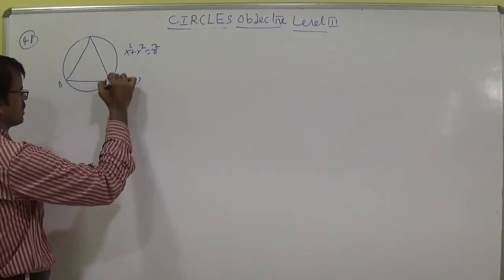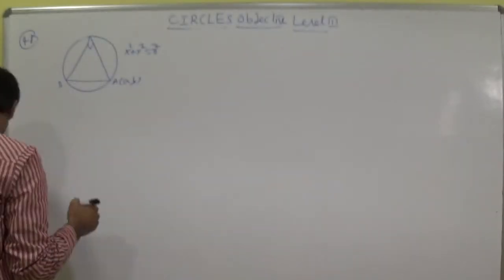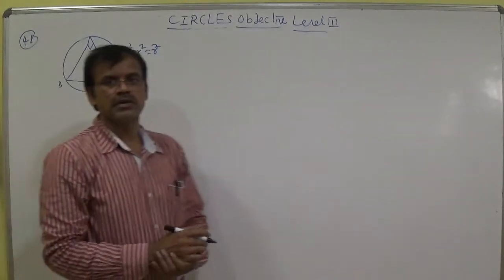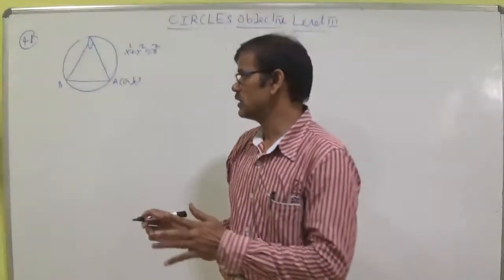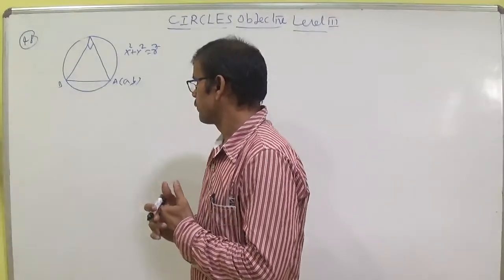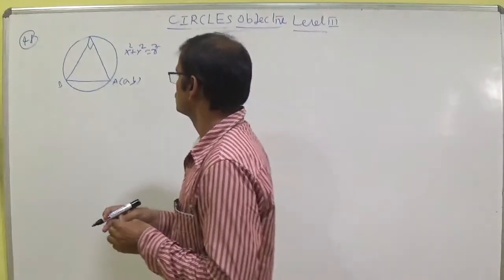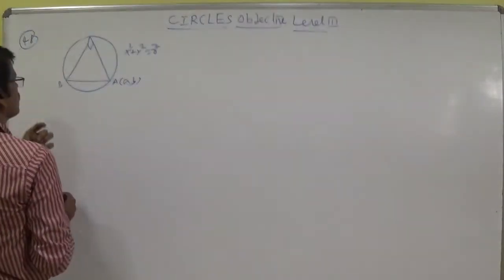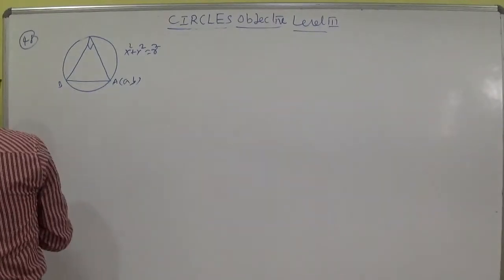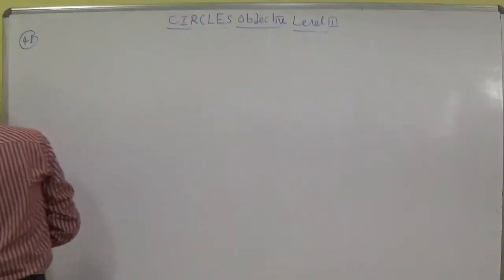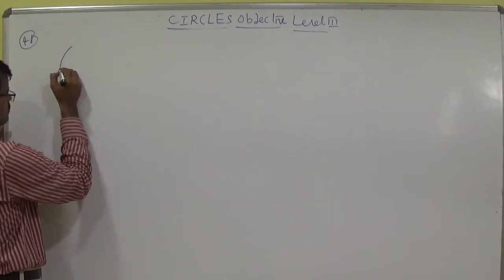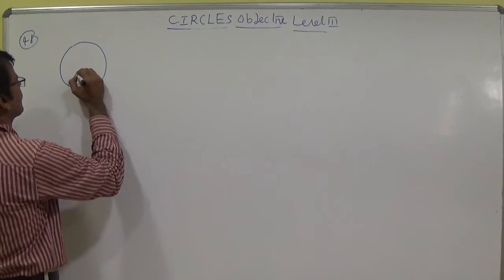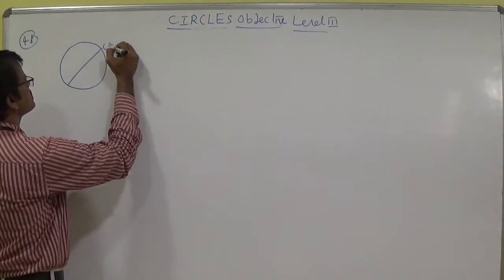For the isosceles right triangle, this is a right triangle. Whenever a comma b, capital A comma b, is one end and the other end is asked, it is an isosceles right triangle. If this is a comma b, of course the angle in a semicircle is 90 degrees, so we can draw this one as a diameter. In any manner we can put it like this. This is a comma b.